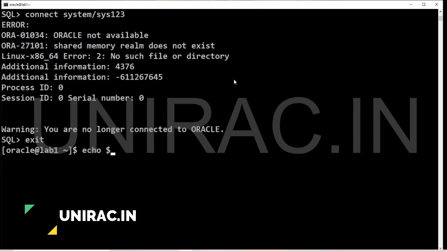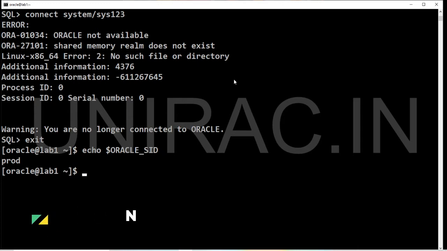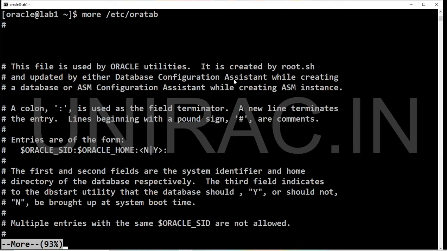Let's currently check which SID we are going to connect with. We are trying to connect to the prod instance, the instance name SID being prod. Ensure whether this prod instance is available or not. Are we connecting to the right instance? We can verify from the oratab file whether the instance exists.